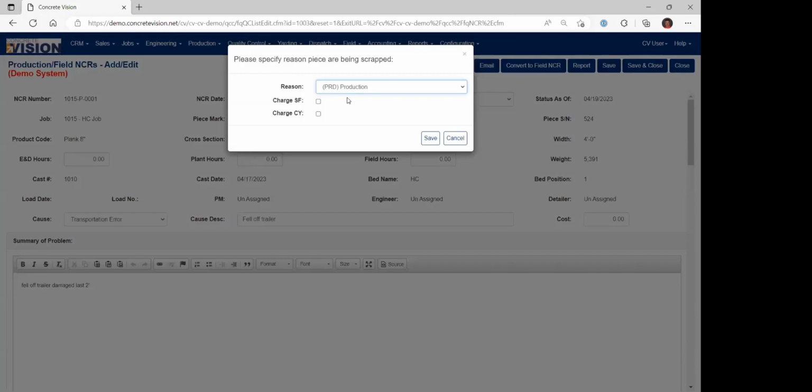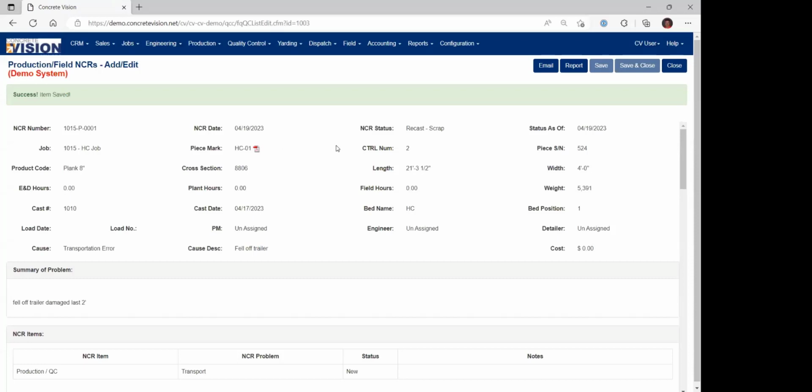Those are reporting checkboxes on whether or not you want to track, does the replacement piece need to have chargeable square footage or cubic yardage? And then there's a report that would show you which pieces do require that, so that you can make sure that you're charging for that replacement piece. When I hit save, again, this is going to close out that piece. And then if I were to go and look at that job,